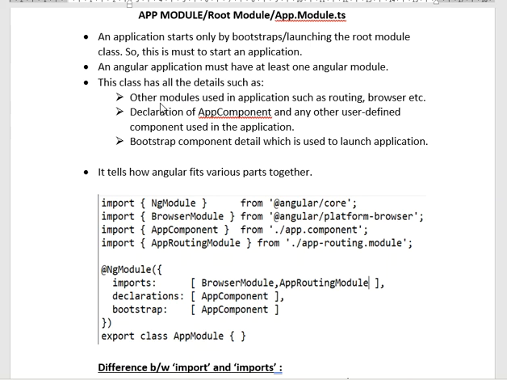It has the other module detail that is used in your application, such as routing, browser. This class also has detail like declaration of app components and any other user defined component in your application. By default, the app component should be there, and you can create any number of component based on the functionality. Like for a department, you create one component. For getting the list of the employees, you create another component, and you can declare all those components in your